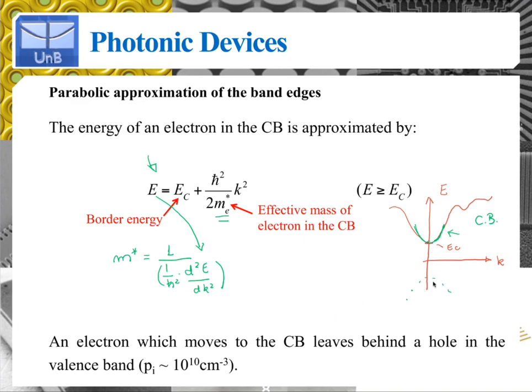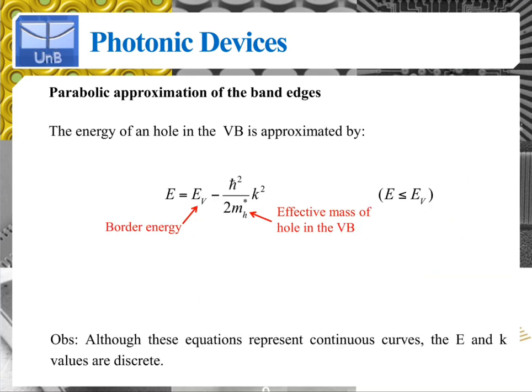So we need to be concerned with the valence band as well. So you have a similar equation for the valence band. This is the band edge energy for the valence band, EV right here. mh star is the effective mass for the holes. And well, if we draw the band structure for the valence band,